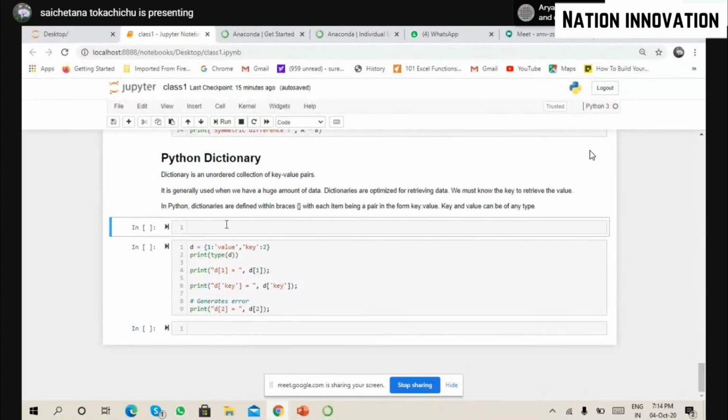So what is our English dictionary? Resources of words. Pardon? Resources of words. What is the word? Ma'am, resources of words.